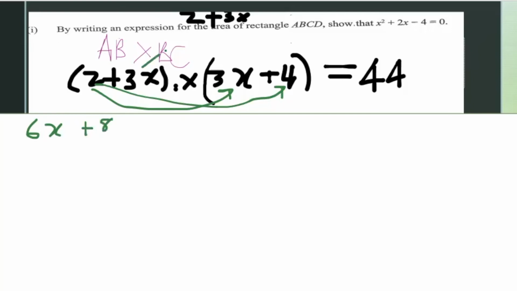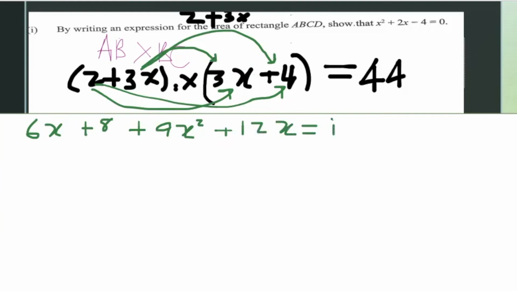Then I multiply 3x times 3x. 3 3s, 9. And then x times x, that's x squared. So this is 9x squared. Then I multiply 3x times 4. So 3 times 4, that's 12. So I will have 12x